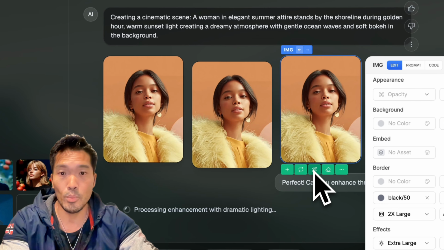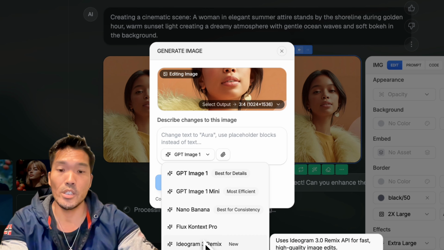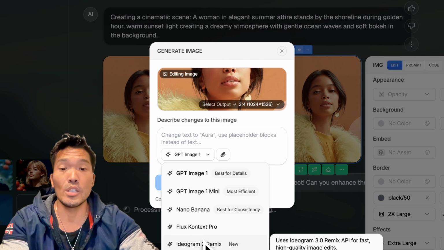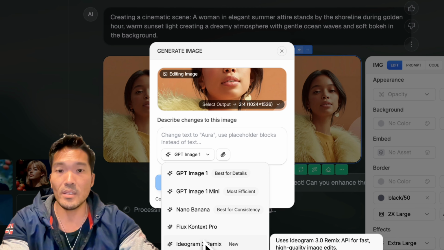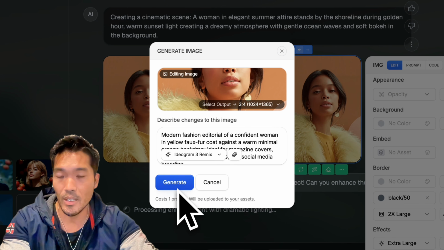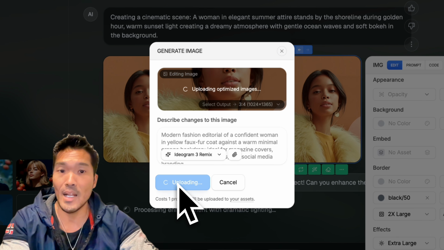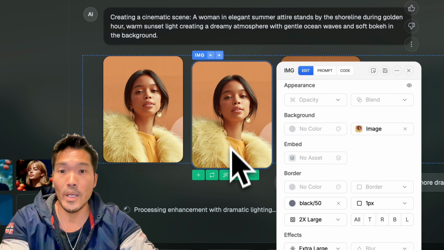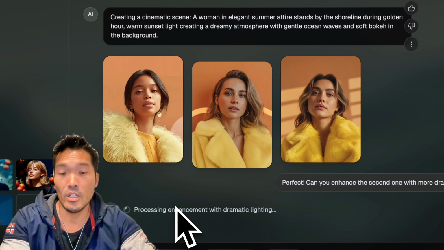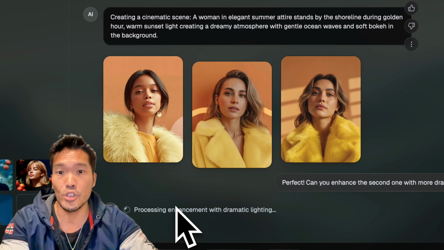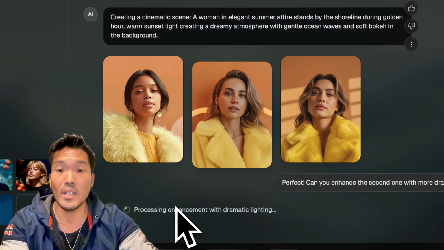Aura also supports multiple image generation models, including GPT Image, Nano Banana, Flux Kontext, and Ideogram. Ideogram is especially interesting because it can analyze an image and generate a detailed prompt from it. That means if you want a variation of the same subject, you can generate multiple versions from a single prompt